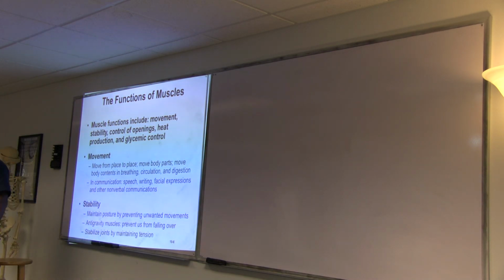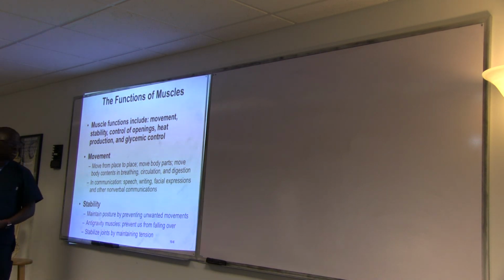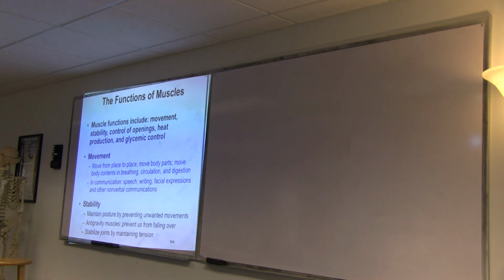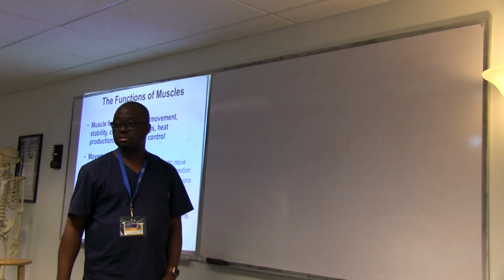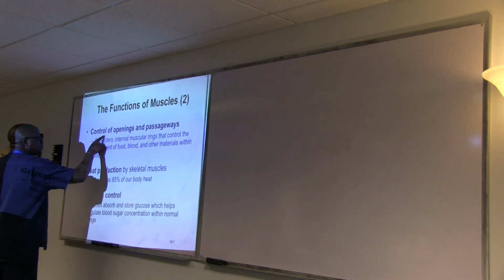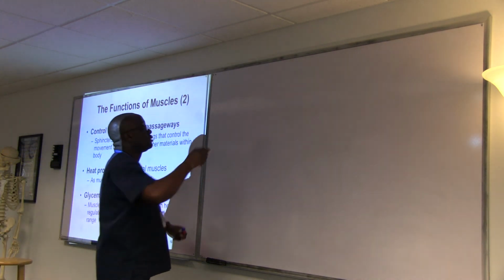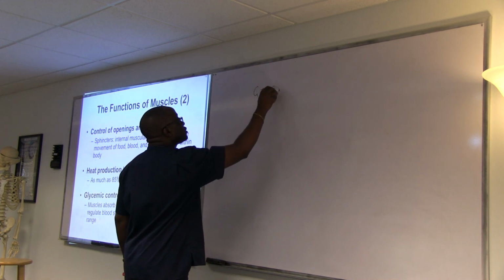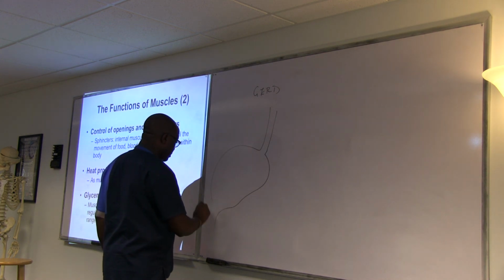Stability helps to maintain posture so that we don't have unwanted movements. It also prevents us from falling; these are what we call anti-gravity muscles. It helps to stabilize the joints by maintaining tension. Openings, the sphincters, help to control things letting out or letting in. Very important. Remember we talked about GERD, gastroesophageal reflux disease, because in the lower parts of the stomach,